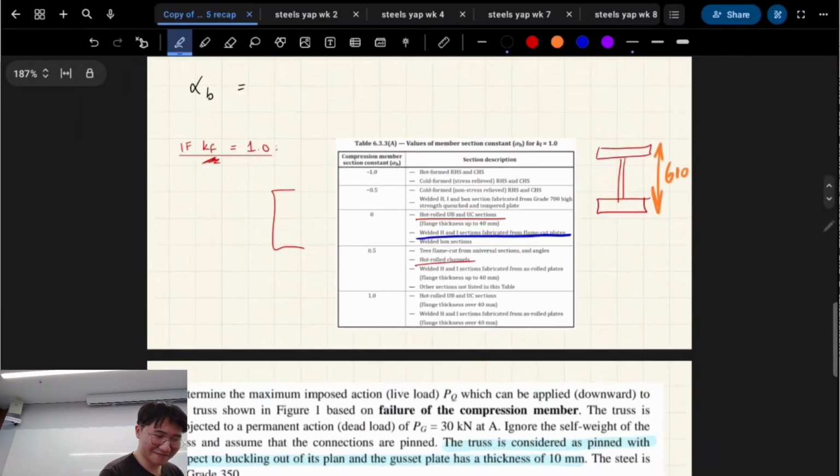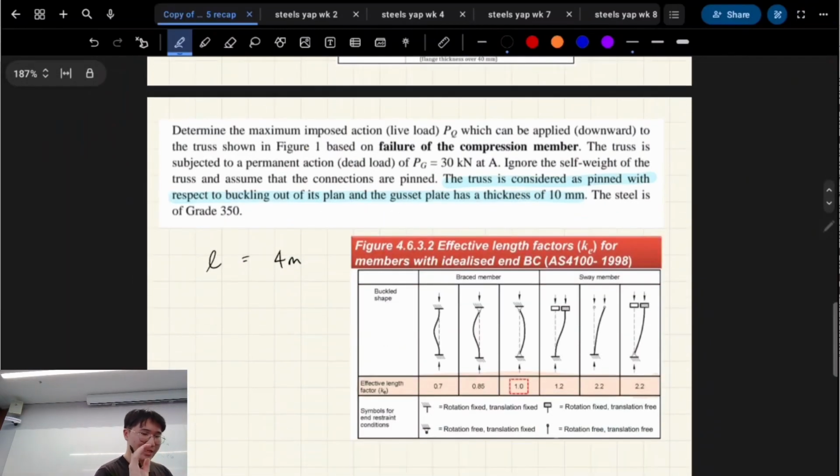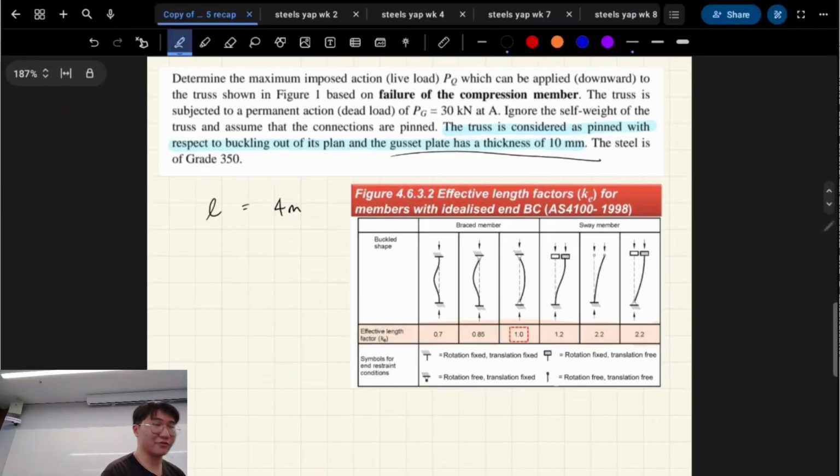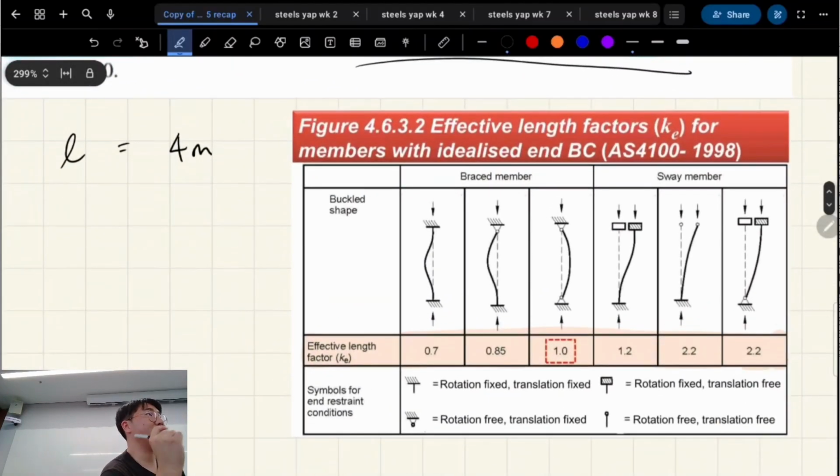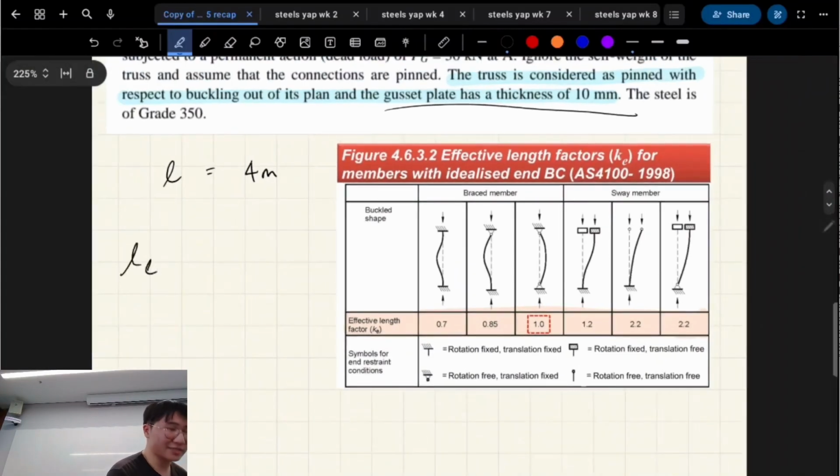We've got compression. This is the exact same question as the compression question. I've just repasted it because I want to highlight something here. The truss is considered as pinned with respect to buckling out of its plane, and the gusset plate has a thickness of 10 mil. That's important, right? The gusset plate thing we'll come back to, but firstly, we have to find, for our